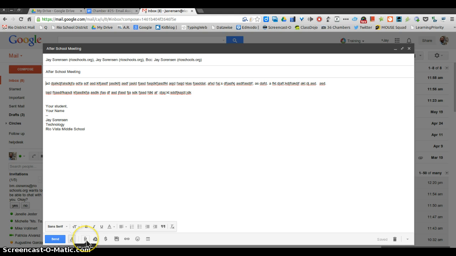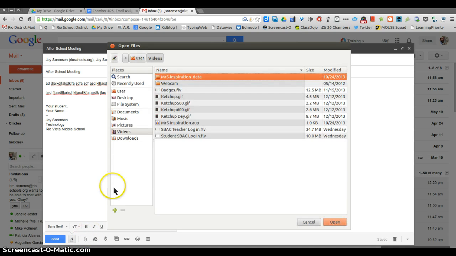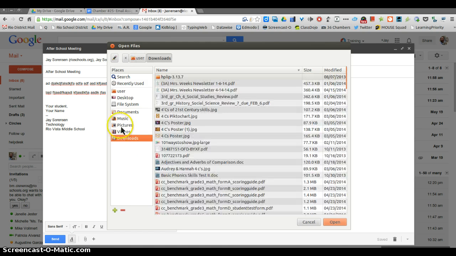But if we want to include an attachment, you're going to go to the little paper clip here. If you have it in Google Drive already, you can click on the Google Drive symbol, but more than likely you're going to be attaching something that you downloaded. So you can go to the downloads, or if you have it saved in pictures, you can put it in pictures,